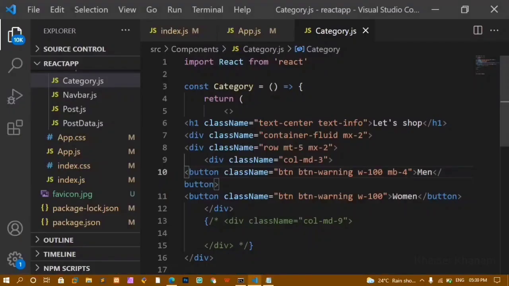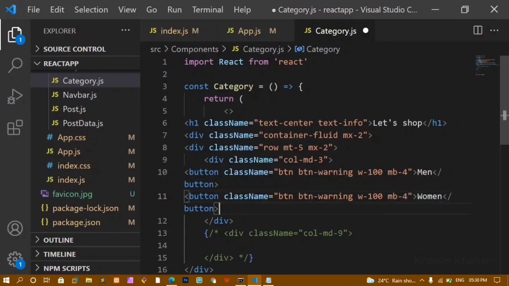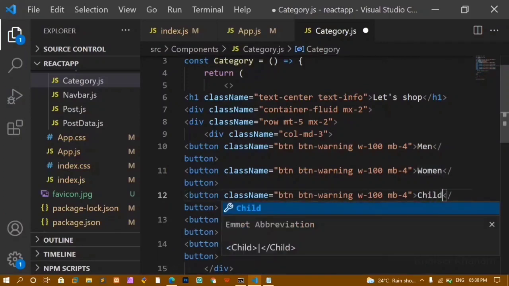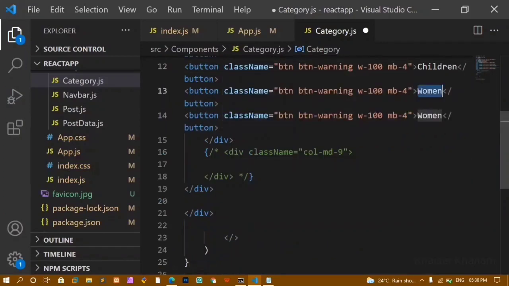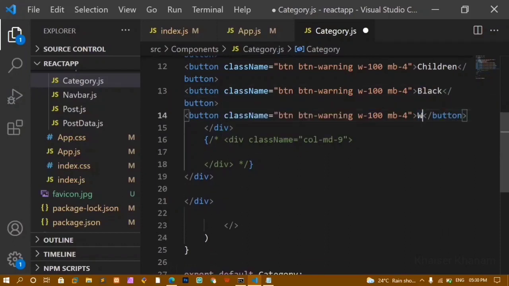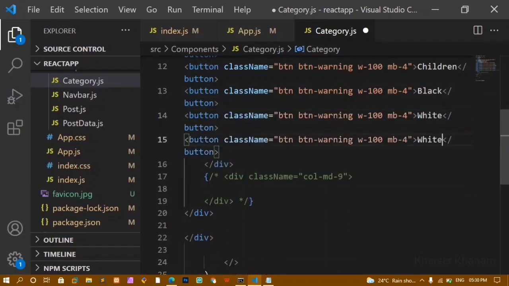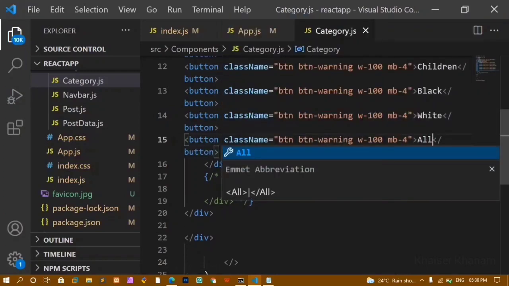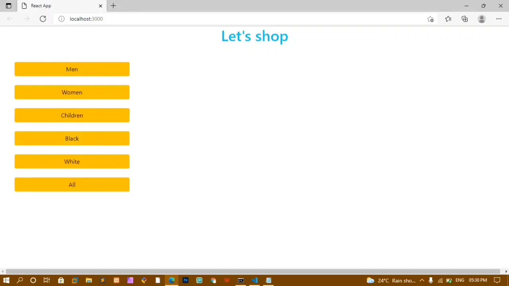Now in the same way, this margin bottom I'm just going to add in this also. I'll just copy this button three more times, and here I'll just change this one. I'll just write here Children. Here I'll be writing Black, White, and finally All. I'll save this, and now you can see all my buttons are being displayed, but here I am getting this